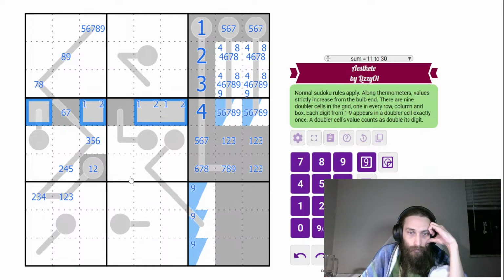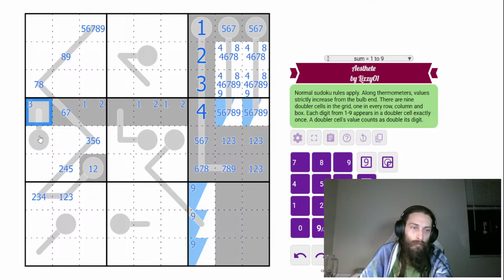I'm not sure if that's enough to say that that can't be a 3. But I think if we go back, this becomes 2 here, or 4. Anyway,